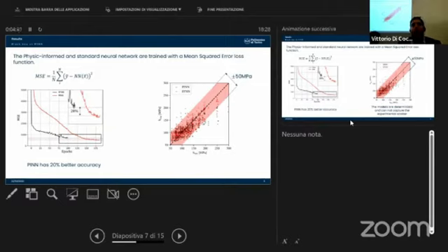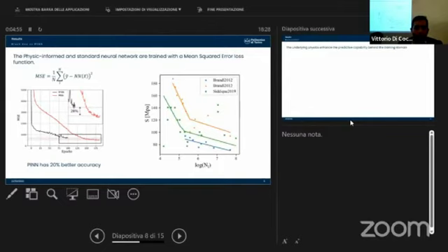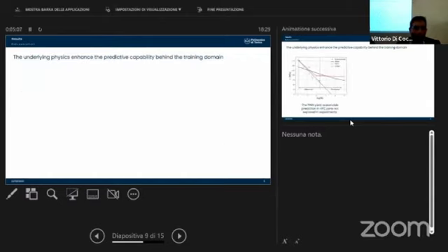Of course, the fatigue response has some scatter that these deterministic models cannot capture by themselves. So there is an uncertainty band of 50 megapascal that is shown in the picture. But overall, we can say that this method can predict the fatigue response of this metal under different printing parameters, even when the resulting curves are very different between them.